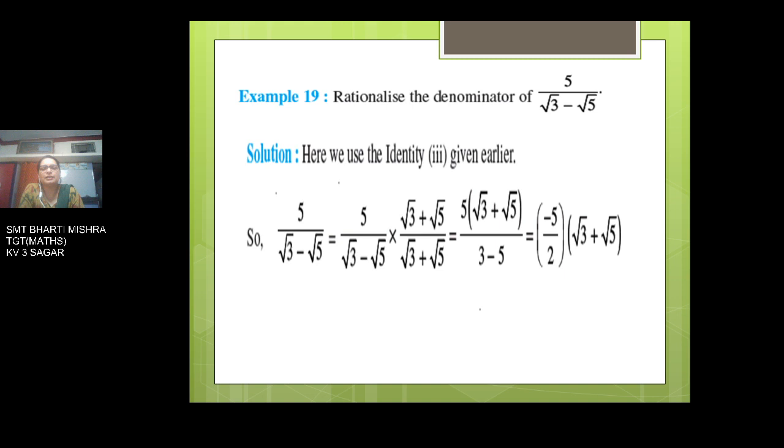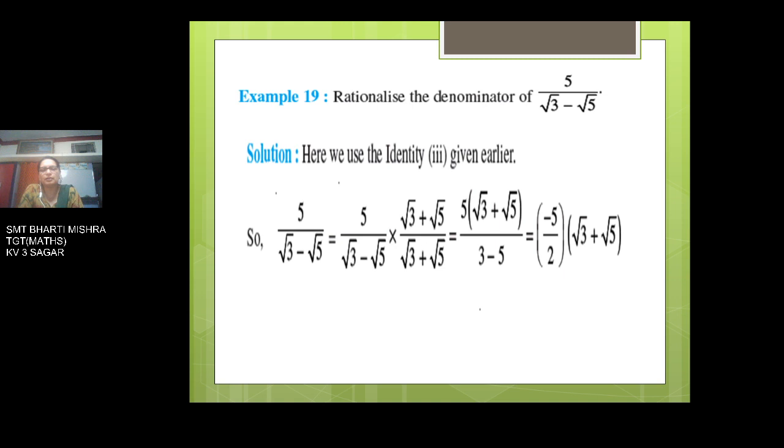Now let us consider the next question. Rationalize the denominator of 5 upon root 3 minus root 5. Here the denominator is root 3 minus root 5. So the rationalizing factor will be root 3 plus root 5. So making the equivalent fraction, you are going to multiply the numerator as well as the denominator by root 3 plus root 5, and the result is 5 multiplied by root 3 plus root 5, and in the